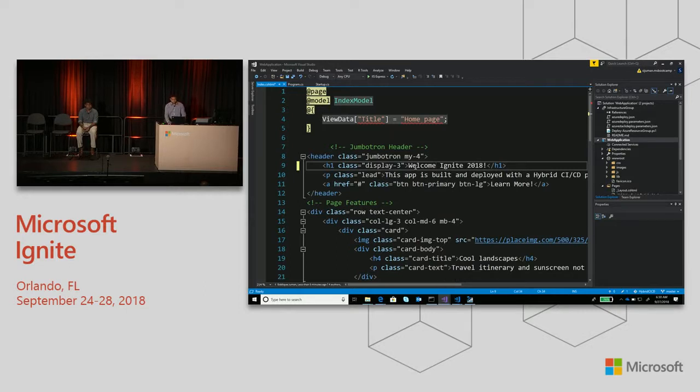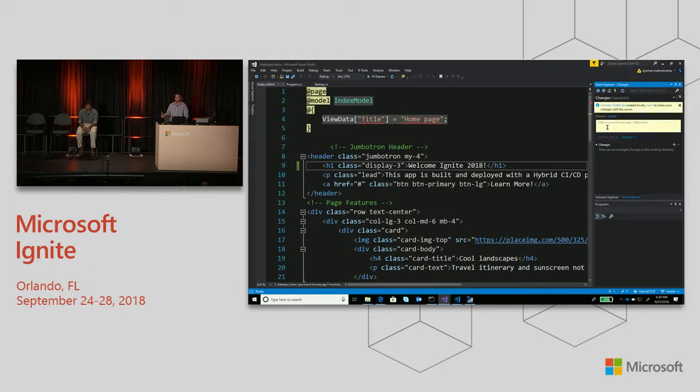Yep. Okay. Because this is connected to a Git repository, I'm able to go to Team Explorer. I made my change. I used it to say welcome Ignite 2018. I go to Team Explorer and I check in my changes locally. So I'm going to just put this as welcome Ignite, and I'm going to commit my changes. Once it commits those changes, it's committing those locally. I'm going to go and push it up to the server. So once I push that to the server, you'll see it appears.